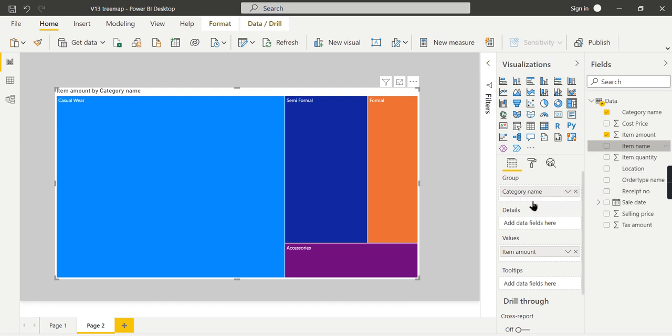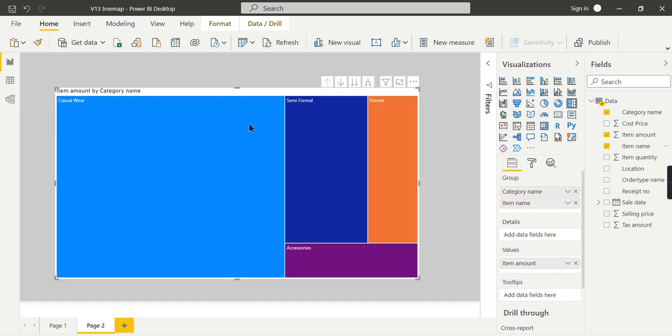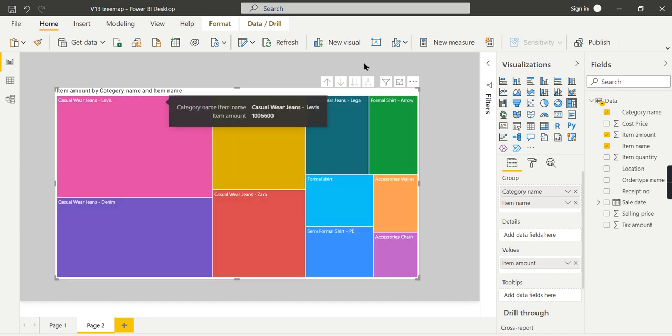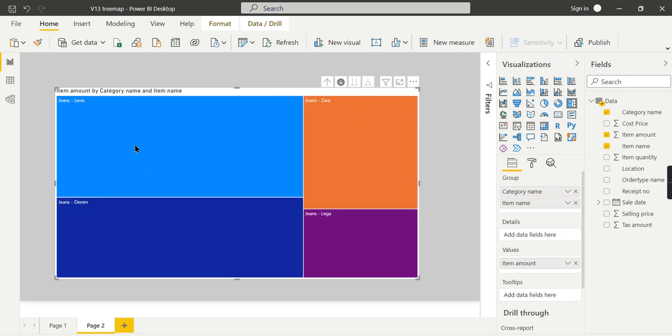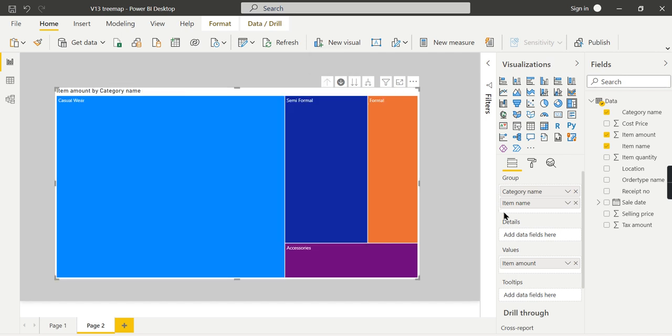When I put a hierarchical value over here, the drill down facility is still available. Now we have casual wear at the category name, item name. Once we drill down, maybe I will go one level down from the casual wear. When I click on it, they can analyze whatever is in the casual wear, but they cannot compare the items between the categories. That is what I'm trying to say.